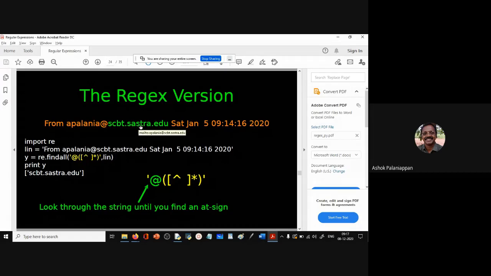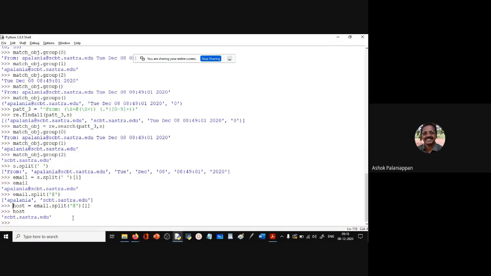So now we can do this using regular expressions a little bit differently. Instead of saying \S for the non-white space, we can use a different pattern. And let's try this pattern. You see that here our pattern 3 is using \S for non-white space.